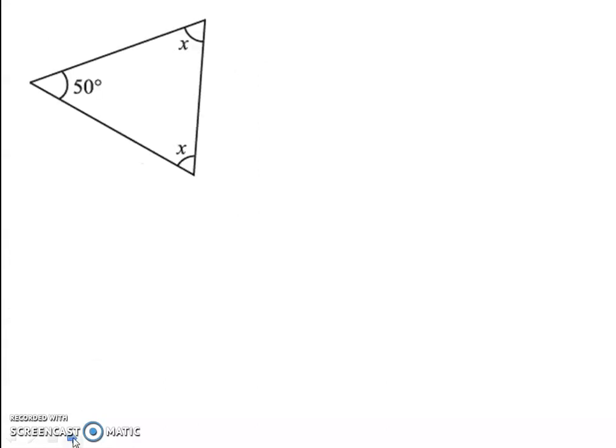Next question. What happened here, children? Here you have only one value given to you, isn't it? It's 50 degrees. The other two angles are equal and it is indicated as x. Can you tell me what type of triangle this is? Two angles are equal, so we can say that it is an isosceles triangle. Same property we will use here also, angle sum property.